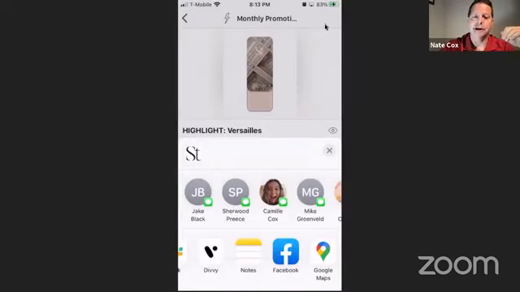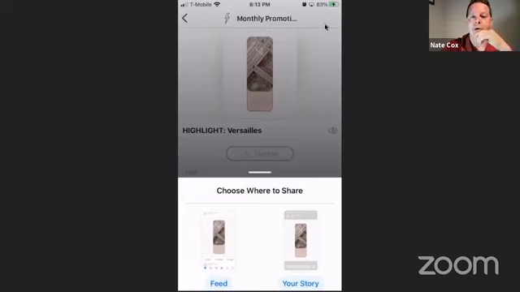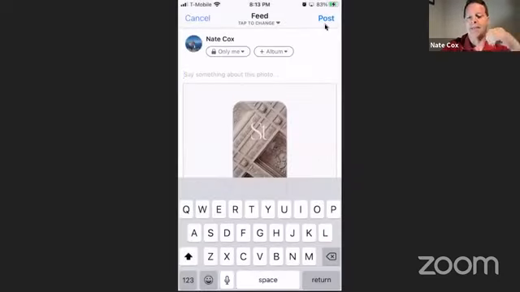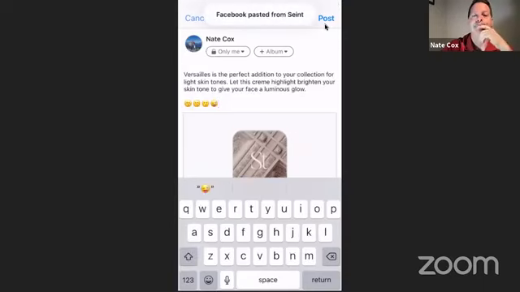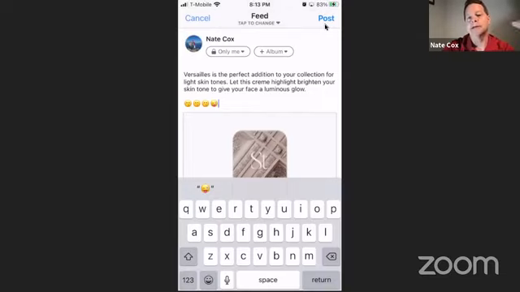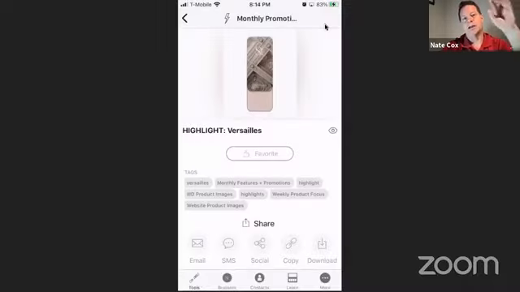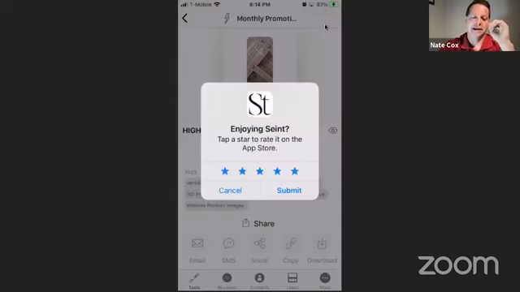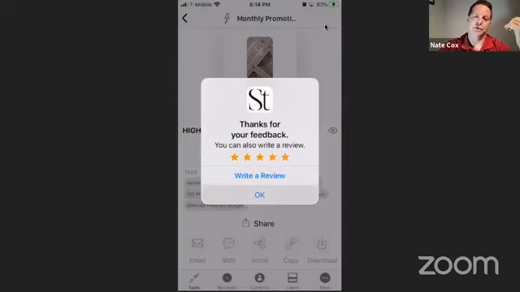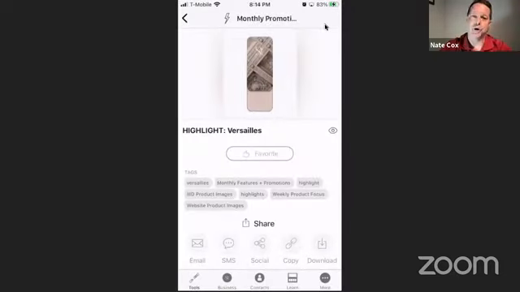I'm going to share to Facebook just so you can see how that works, where I can go in, choose my feed or my story, and then paste that description that I had put in there. That way I can now post it. And with just a few touches, I've not only identified an asset from corporate that I wanted to share, I've personalized it, shared it in a unique setting